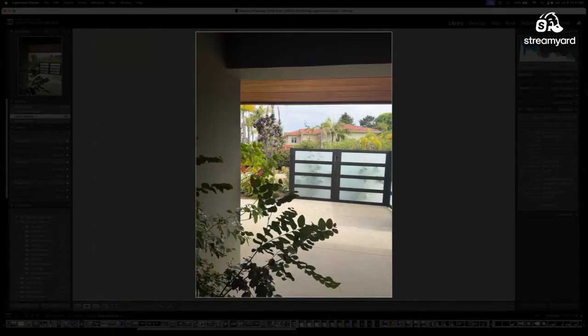So one of the problems that we face as photographers is that the dynamic range of the human eye is far beyond anything that we have available to us with our commercially available cameras. So here's a picture on the patio of my house. I actually live in La Jolla now, and this was taken with a cell phone. A cell phone by default creates an HDR image, so you get something closer to reality. That's why they look so darn good, really.